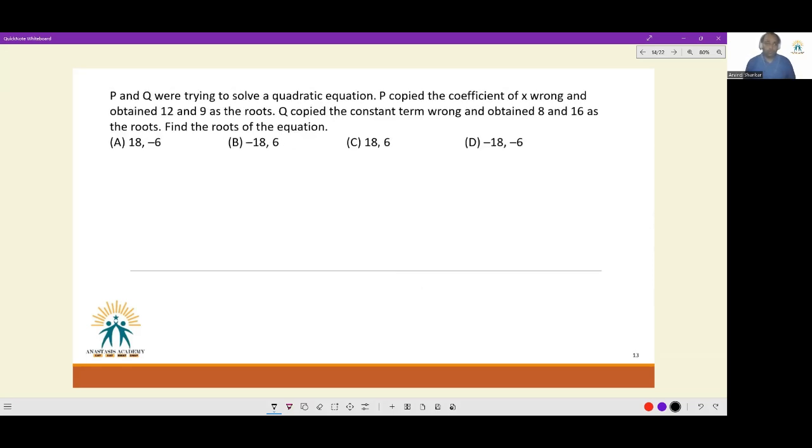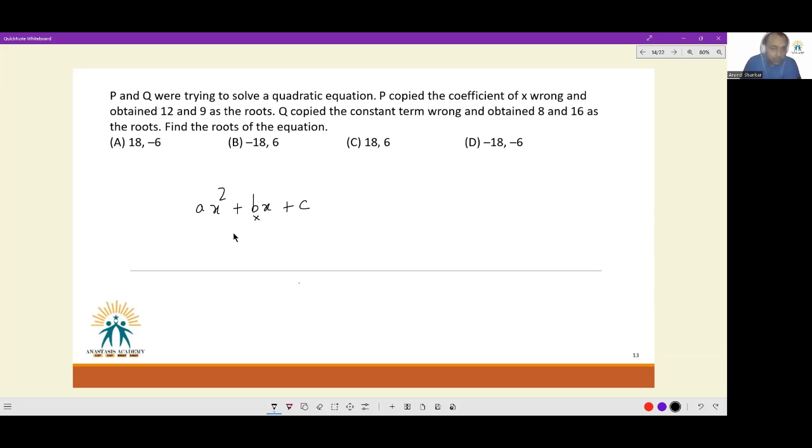Okay. Next question. This is also a very typical formation of a question. P and Q were trying to solve a quadratic equation. P copied the coefficient of x from ax square plus bx plus c. This is the standard quadratic form. P copied the coefficient of x wrong. So this number is wrong. If this number is wrong,